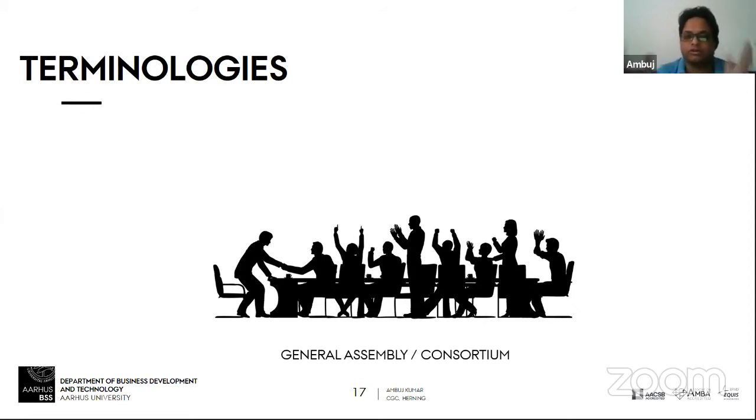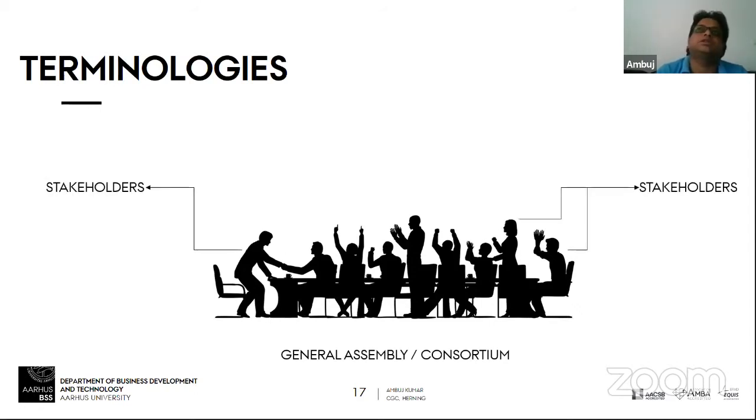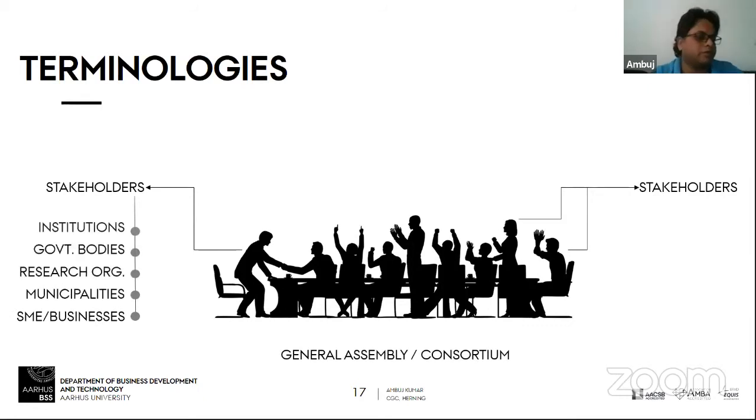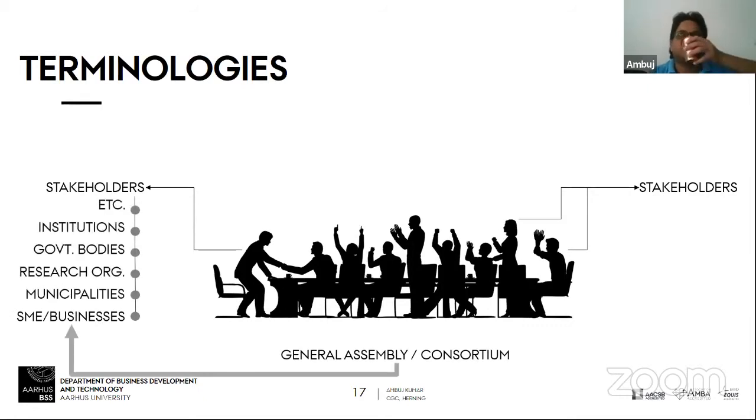In your consortium, there is a general assembly, which includes the people who are interested in your projects. These can be the stakeholders. Stakeholders are normally the people who are not directly involved in your project but shall benefit from your efforts. They can belong to SMEs or to municipalities. Municipalities in Europe are very powerful, so involvement of a municipality means that your battle is in a better position.